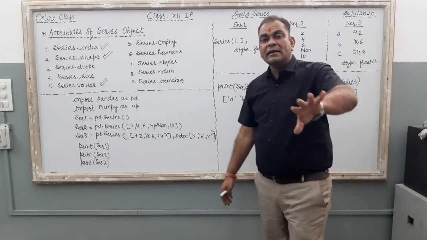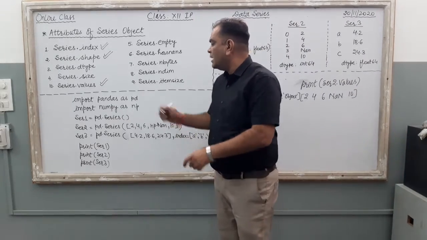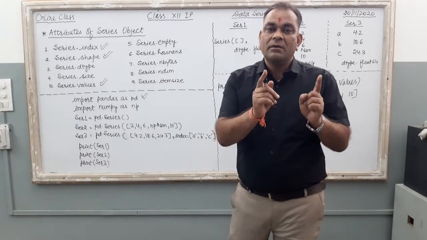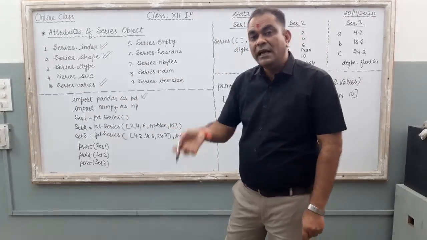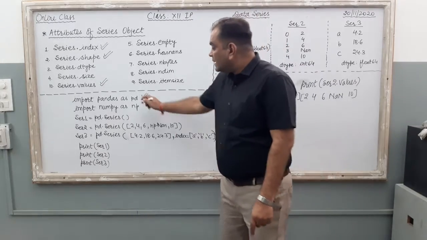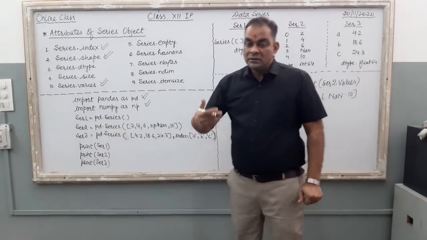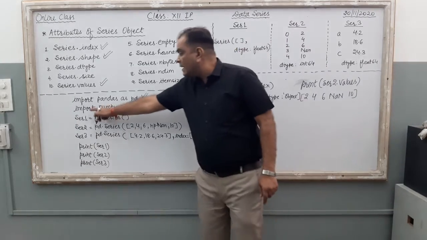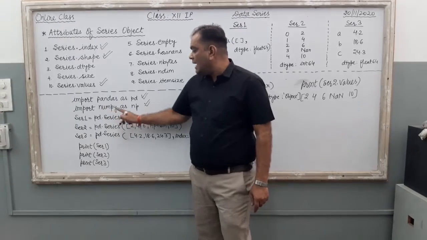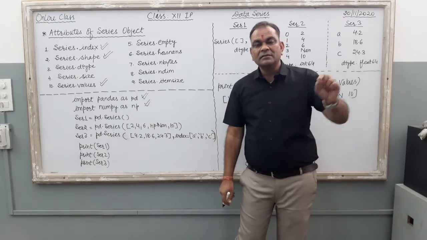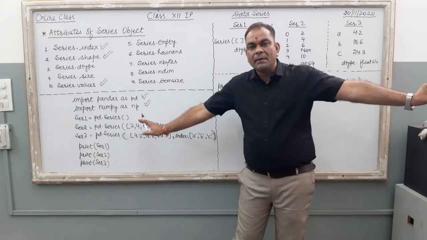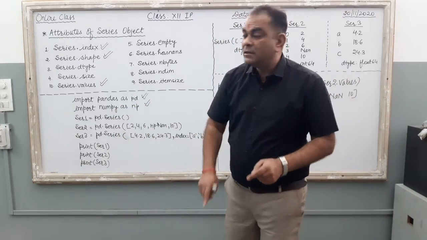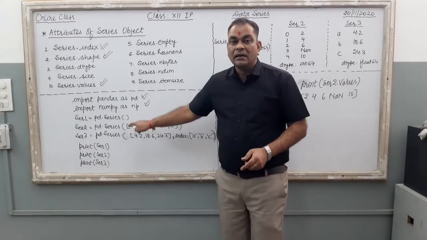Now, if you want to create a series, the very first line is common. Import pandas as pd. बार बोल रहा हूँ, आधा नंबर आज से चला जाएगा. नहीं लिखोगे तो एक लाइन लिखोगे, आधा आ जाएगा. Then the second line, it is also compulsory in some programs. The second line is import numpy as np. You just import the pandas library with your program. Numpy is also a library, known as numerical Python. You just import the numerical Python with import.